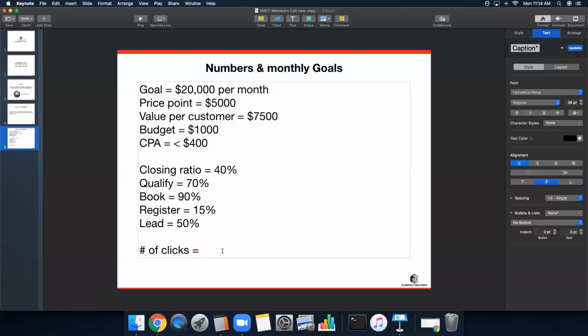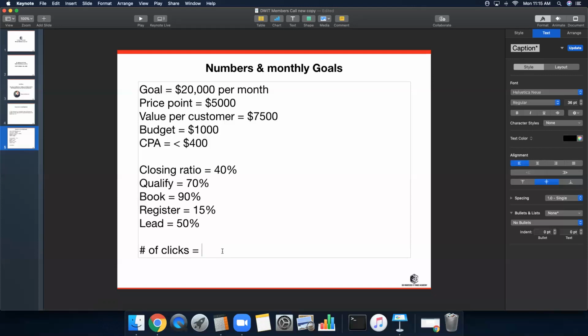Now, if you don't have ongoing continuity, then it would only be best, and that's why we have the budget here at $1,000, you want to be able to invest no more than, I would say, 20% into your actual acquisition. So if you have a price point of $1,000, like how it was in the original example, you're going to want to never invest more than $200 to acquire that client. Never, which is not going to give you an opportunity that you need to really grow. Now, if you look at the $5,000 price point to the $7,500, we can invest up to about $1,000 and we could still be profitable.